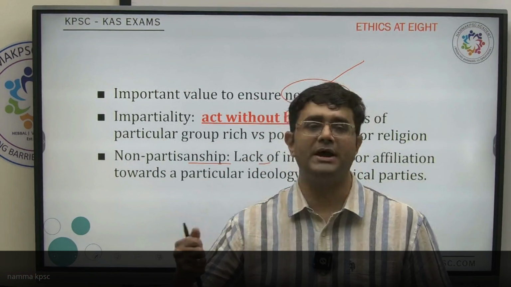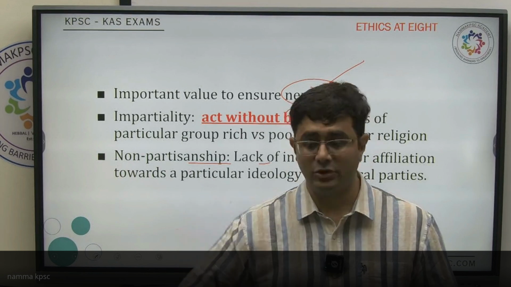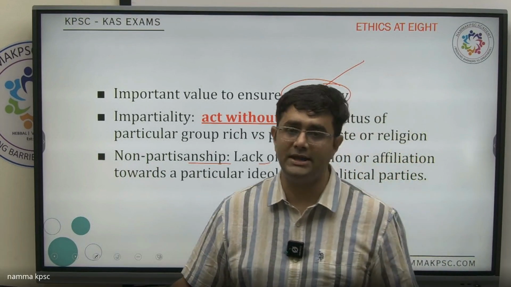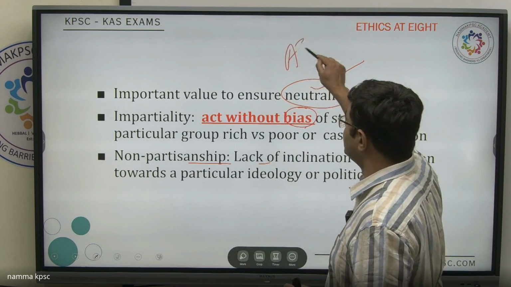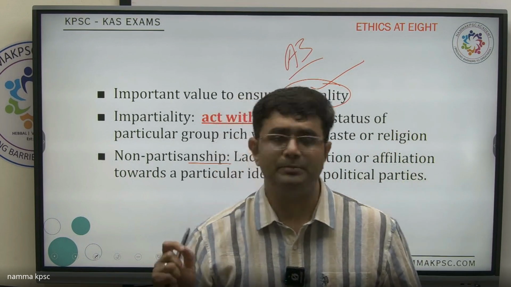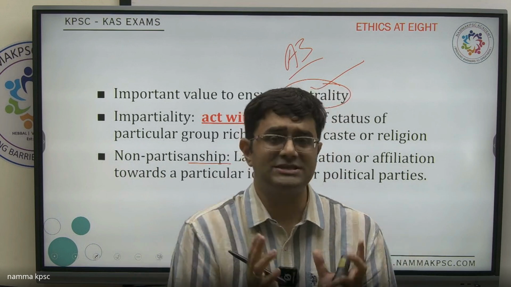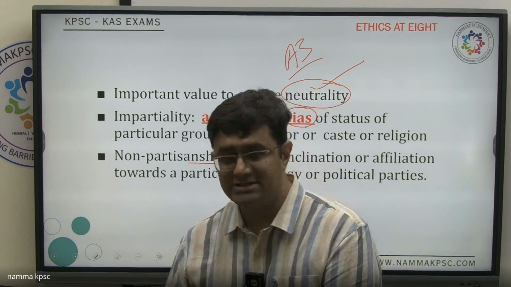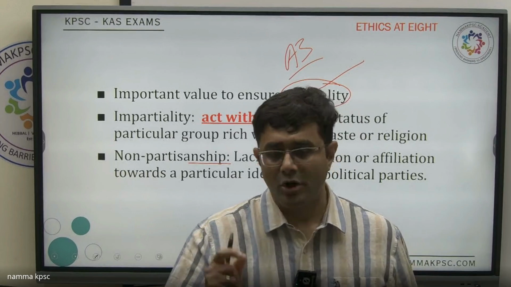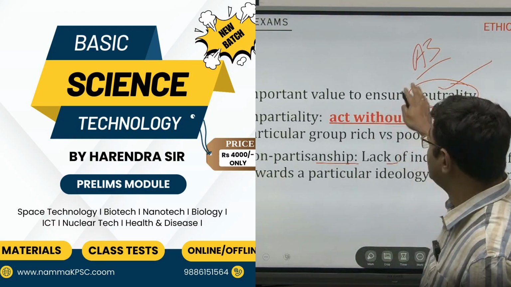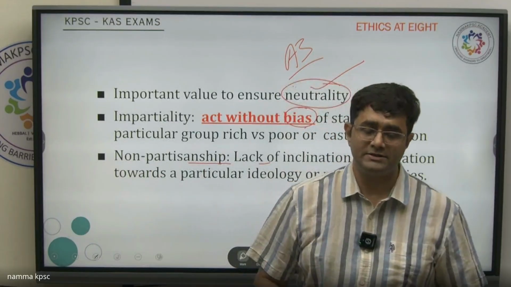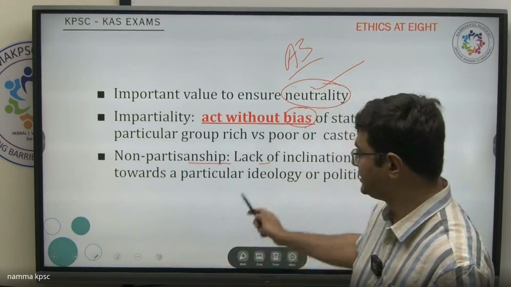Irrespective of the political party in power, you will serve them, you will aid, assist, and advise them. A3, that is aid, advise, and assist the political party that is in power. The prime minister, the chief minister, irrespective of what political party he belongs to, you will serve them objectively without any bias, advise, aid, and assist them. So this is again an essential feature of neutrality.